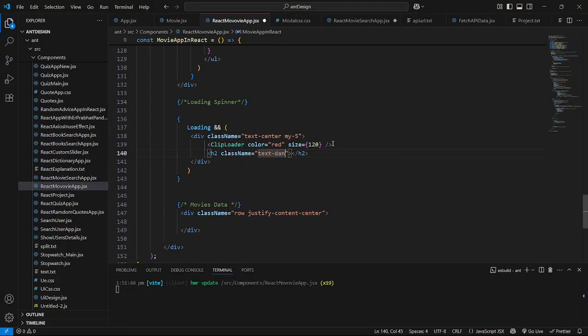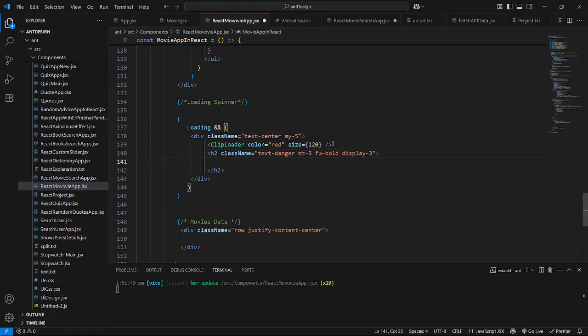Okay, text danger, and I'll just say here margin top 3, and font weight. I'll give you a bold as well, and I'll just say here display. I'll give you a 3 as well. Okay, so let me just open this h2, and I'll just say here loading movies,